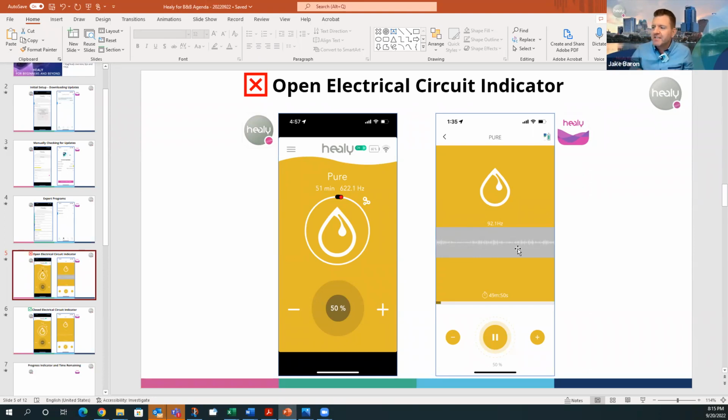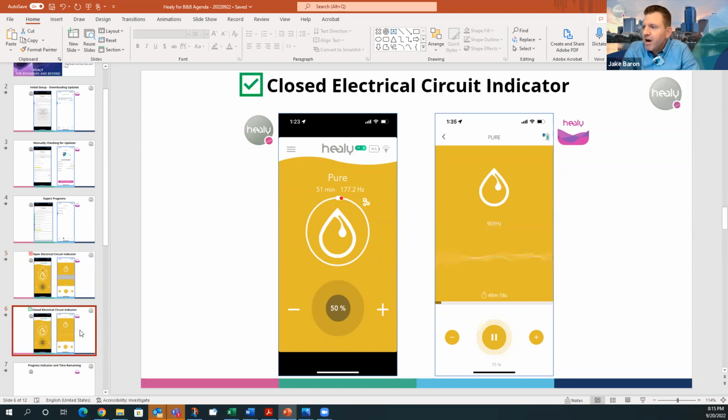It's a static image across the middle, and then as you adjust the intensity to the proper conductivity, on the Healy Pink Dot app that line switches from black to white. In the new one, that little frequency wave takes the place of that fixed gray image, a flowing, animated frequency.